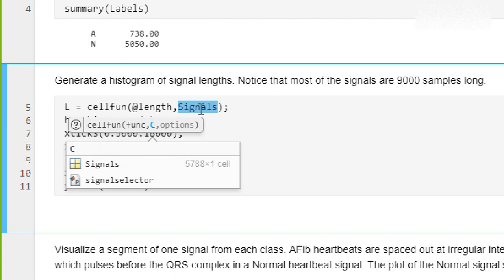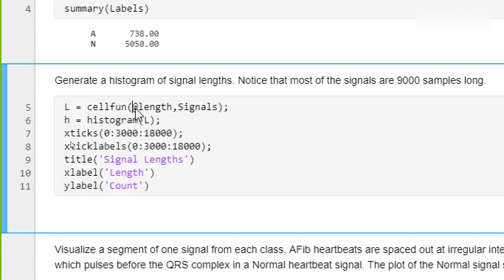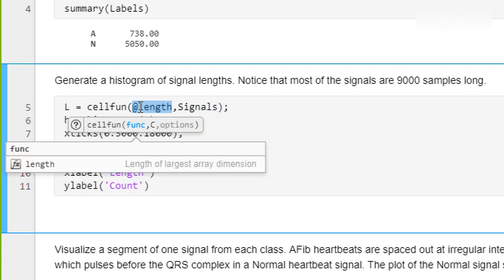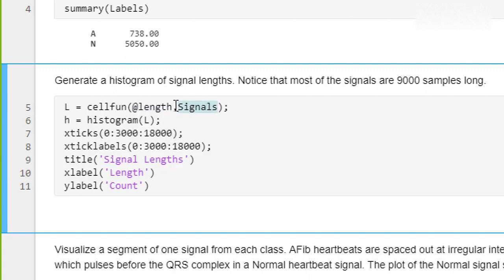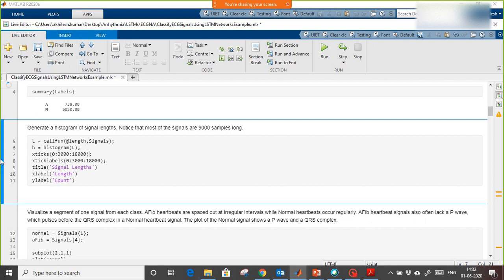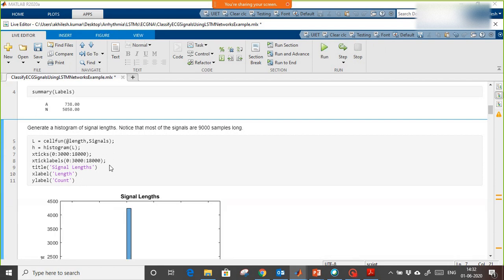This is my cell signals, and this is your function. You can design your function and call it using @. What it will do, it will be applied on all indices, means all samples available in the cell. So in this case what function am I applying? To find out the length of it, and further we are plotting this length as a histogram to count what kind of samples are available there.